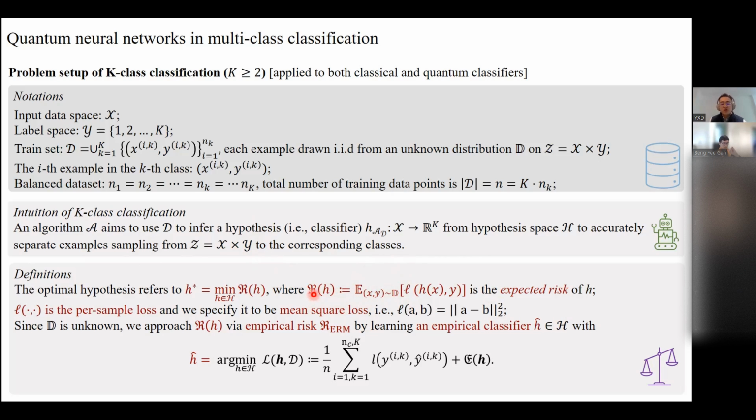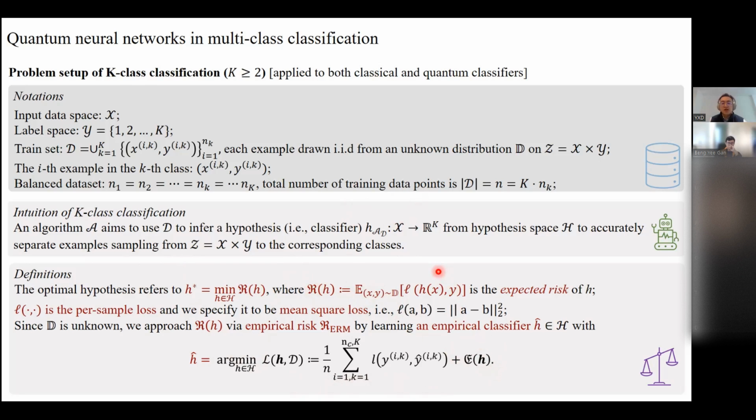So what we do is we use an alternative way: minimize the empirical risk. The loss function is defined here, which means that we do not use the whole data set from its underlying distribution, but focus on the training data set and minimize this loss function. This term is the regularization term. For example, in deep neural networks, it can refer to the L2 norm of the trainable parameters